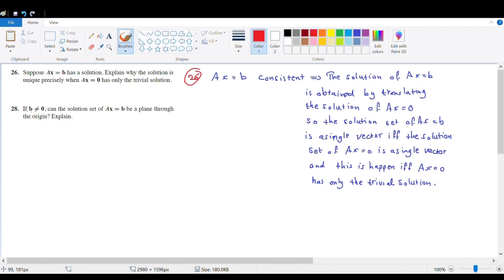Now for 28: if b is not equal to 0, can the solution set of Ax = b be a plane through the origin? For this one, if b is not 0, can we include 0 in the solution set of Ax = b? The answer is no, because if the solution set of Ax = b contains 0,